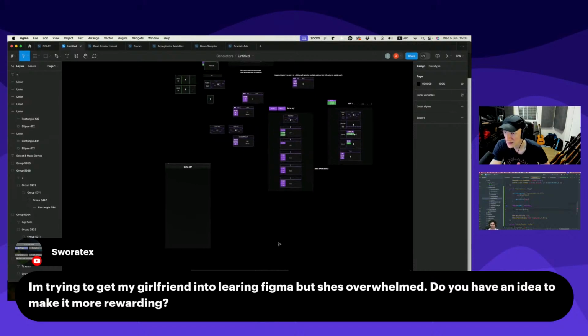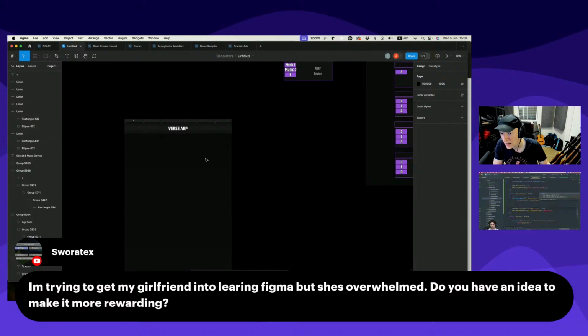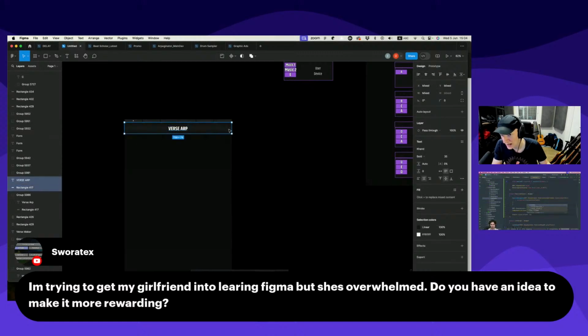For your girlfriend, she just needs to find a project that she's excited about. It could be something you guys are doing together, or maybe if she likes a certain type of website, she could visualize that and maybe even eventually create the website, because you don't have to use Figma just for assets for apps. It's good for anything. And it also is a very robust prototyping system, which means you can make interactions and prototype how an app would actually work with animations and all that.